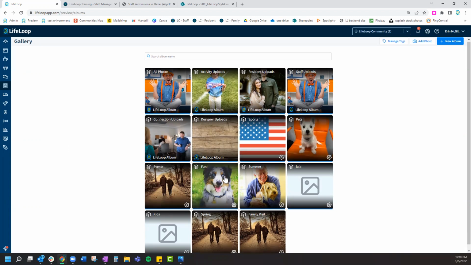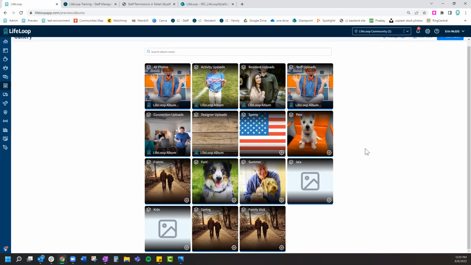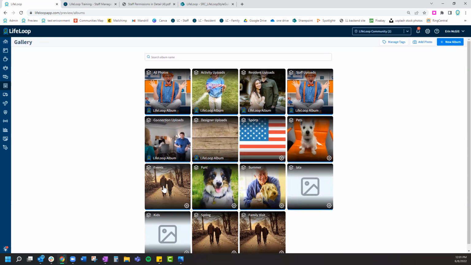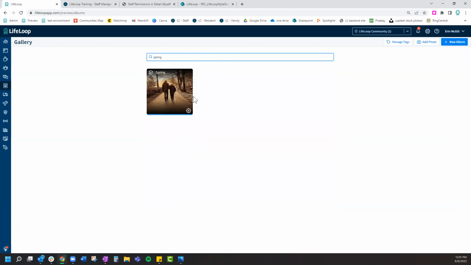After that, these are all custom albums. These are ones that you can create, so these won't even show for you until you create them. These are just ones that we have personally created ourselves. And you can search up here for a particular album. So if I type in the album name, I can filter that out. So to create a